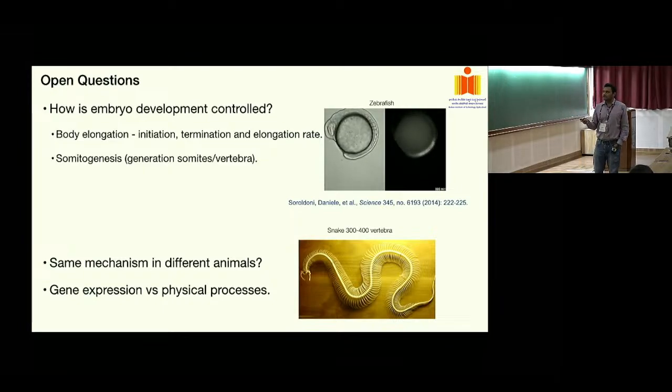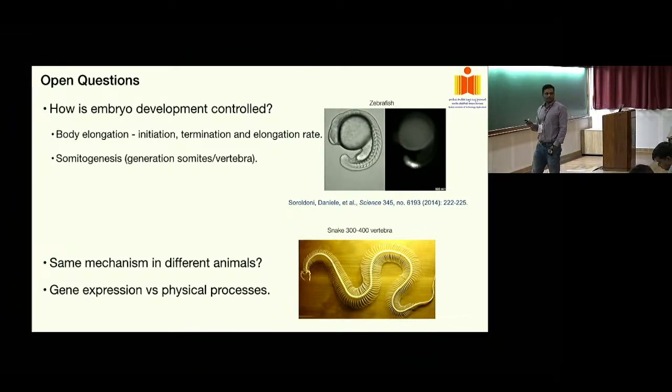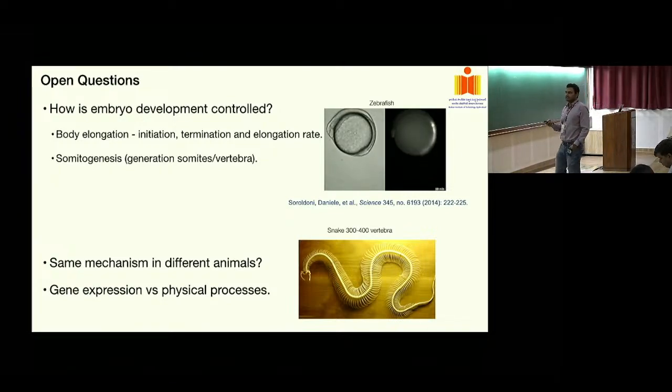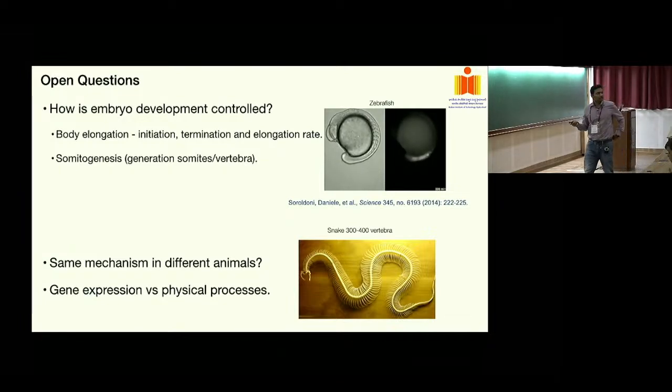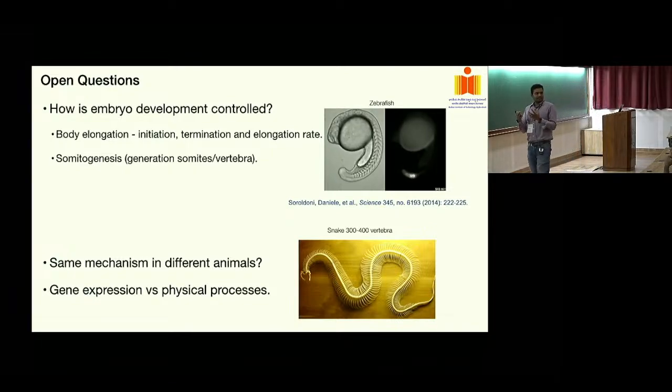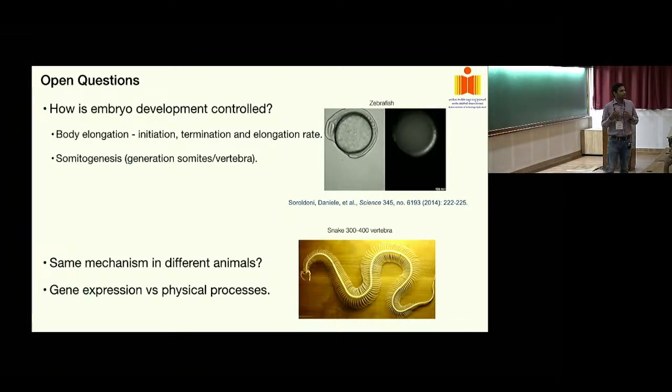Another open question is what actually drives this. Is it gene expression or a physical process? If you talk to most biologists, not biophysics or developmental biophysics people, they say that everything is driven by gene expression. Whatever mechanical properties come, they come as a result of gene expression. Whereas if you talk to any biophysics person, they will say that it is a combination. It cannot be alone. If a cell has a size, it has some contraction, some tension. So of course that should lead to some mechanical forces,